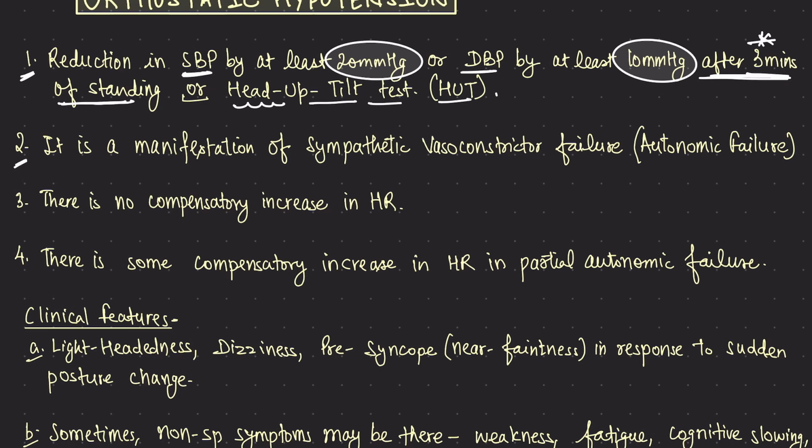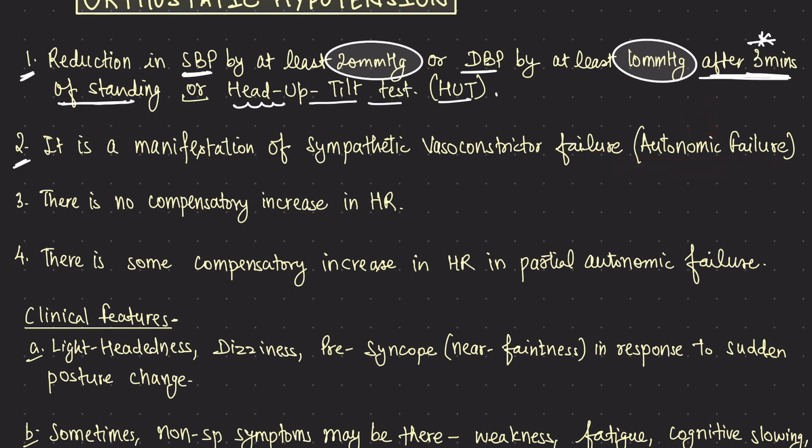Right. Now, second thing in this is it is a manifestation of sympathetic vasoconstrictor failure. सिंपैथेटिक वेसोकंस्ट्रिक्टर फेलियर क्यों होगा जब ऑटोनॉमिक डिसफंक्शन होगा या ऑटोनॉमिक फेलियर होगा? हमें पता है कि ऑटोनॉमिक नर्वस सिस्टम या बेरोरिसेप्टर रिफ्लेक्स का एक प्रॉपर आर्क होता है। हर रिफ्लेक्स का आर्क होता है, ऐसे ही बेरोरिसेप्टर रिफ्लेक्स का भी आर्क है। इसमें सबसे पहले हमारे बेरोरिसेप्टर्स हैं, फिर न्यूक्लियस ऑफ ट्रैक्टस सोलिटेरियस है, फिर न्यूक्लियस एम्बिगुअस और सीवीएलएम है, फिर हमारे आउटफ्लो ट्रैक्ट आ जाते हैं जिसमें वेगस नर्व है, जिसमें सिंपैथेटिक नर्व फाइबर्स हैं। जब इन सिंपैथेटिक नर्व फाइबर्स का एक्टिवेशन नहीं होता या इनका डिसफंक्शन हो जाता है तो autonomic dysfunction occurs and orthostatic hypotension is manifested, right? So this is basically autonomic failure. यहाँ पे autonomic failure हो गया है।